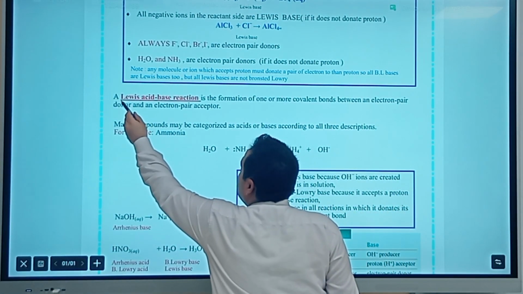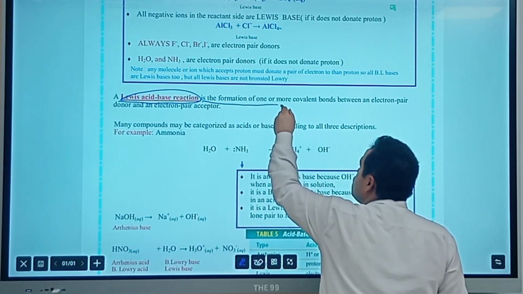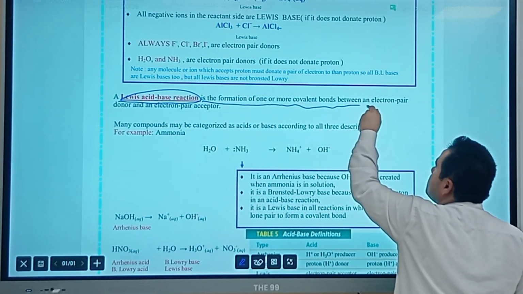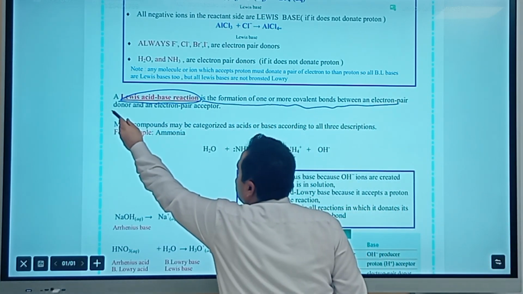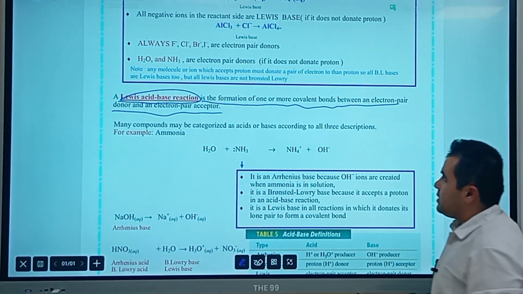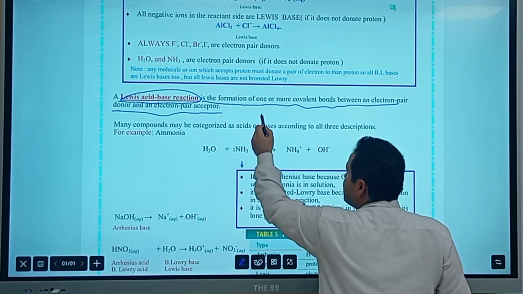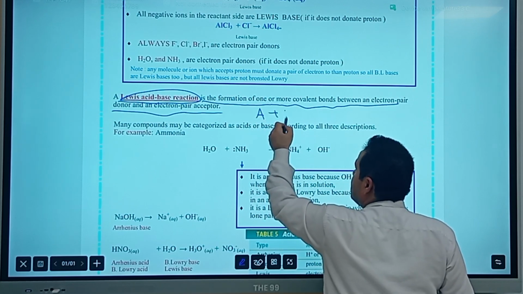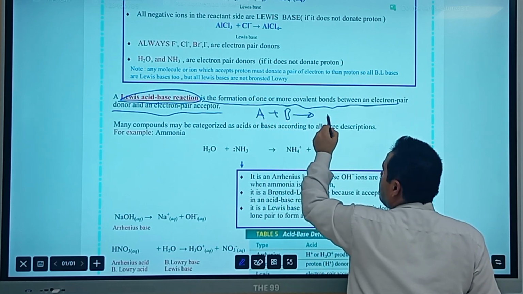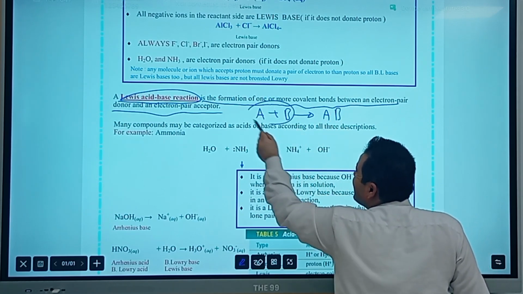Sorry, guys. The Lewis acid-base definition is the formation of one or more covalent bonds between an electron pair donor and an electron pair acceptor. Usually, the structure of the Lewis reaction follows as acid plus base to form AB, a compound. So, two reactants and one